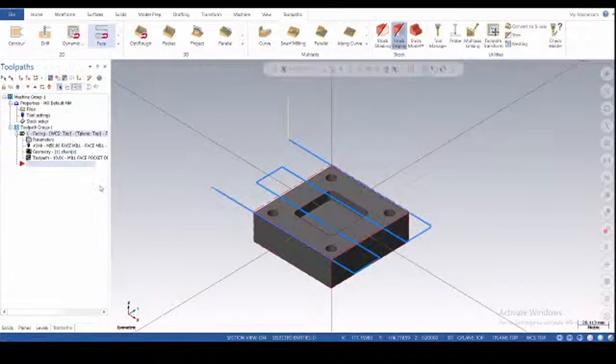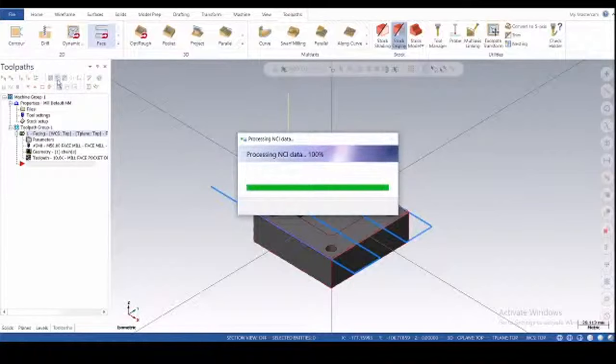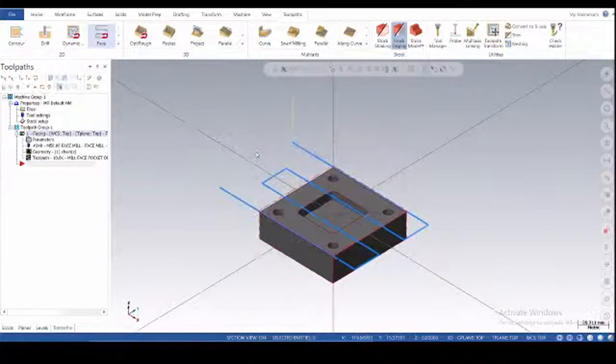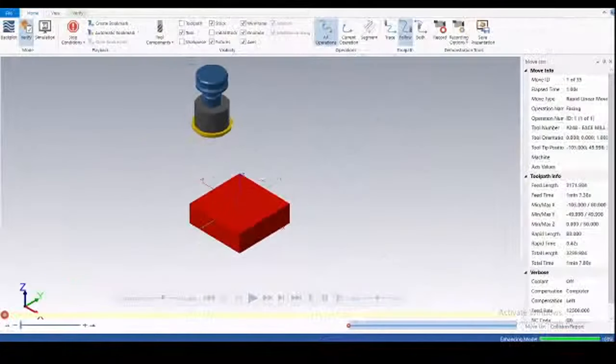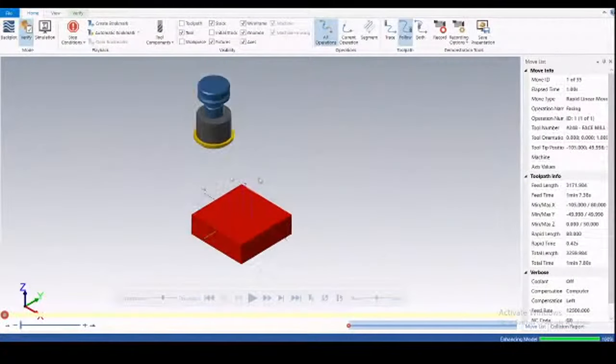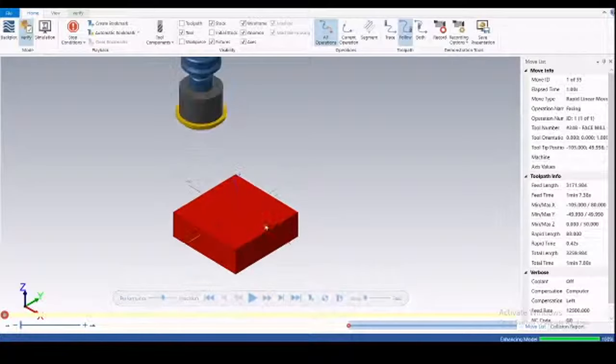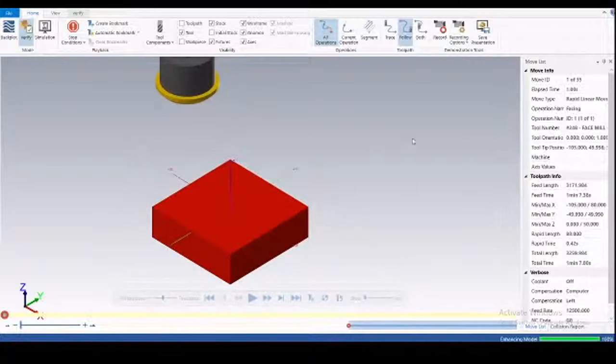And if you want to see it in the 3D simulation window, then you have to go for this verify, and after selecting verify you will get another window for the simulation. As you can see, this is our 3D simulation window, and just decrease the motion of the cutting tool. In this window you will get so much information like move id, move type, what type of operation you are doing, the operation name, and which type of tool you are using.